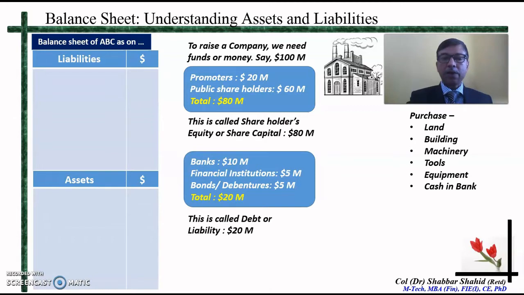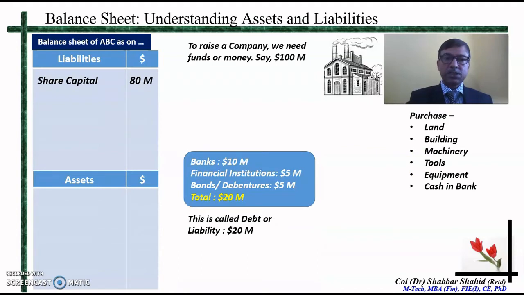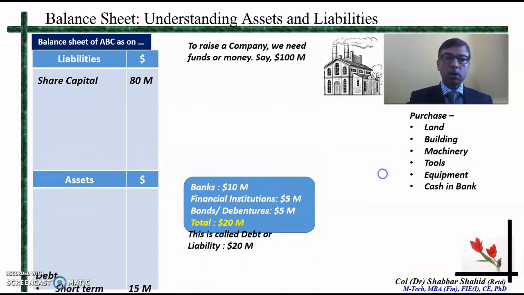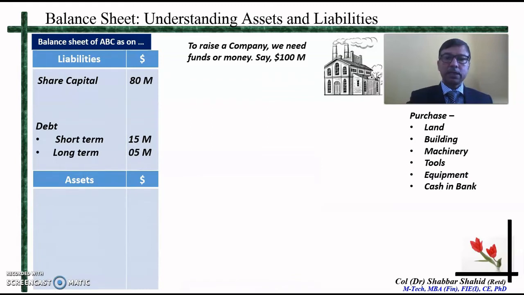So now this 100 million which has been garnered in the form of equity and debt, that goes into the column of liability. The shareholders' capital also goes into the liability column, and the debt which you have taken, that also goes as liability. What is the difference between the share capital and the debt? Why do both of them go as liability? The reason is that the debt has to be returned in a stipulated amount of time along with some interest. So it is very clear that it is a liability.